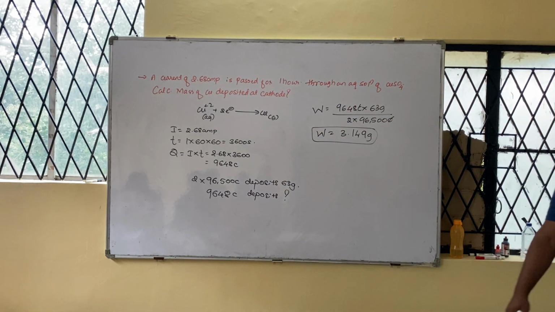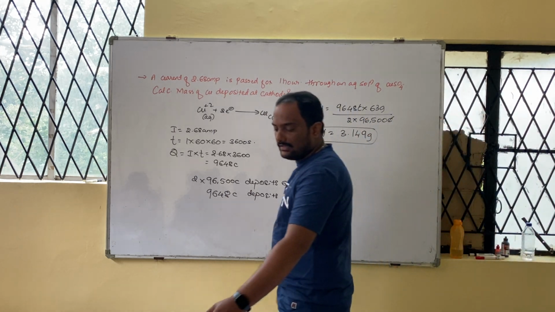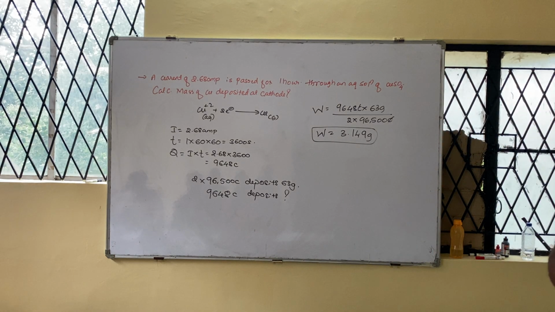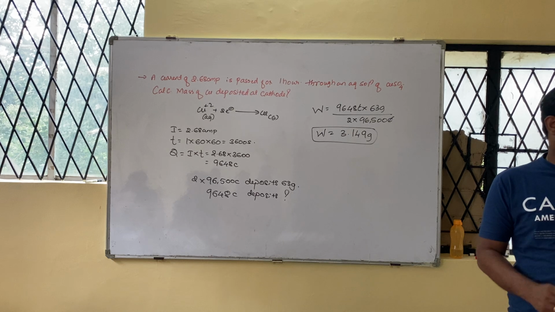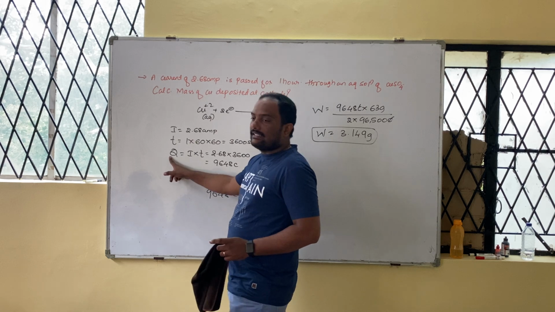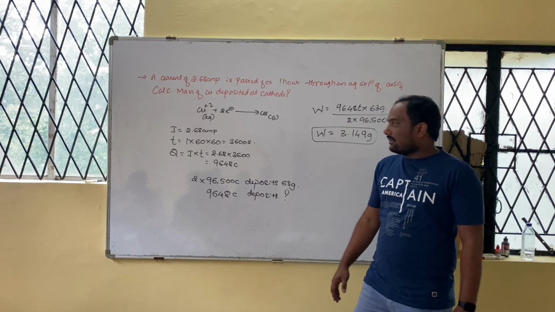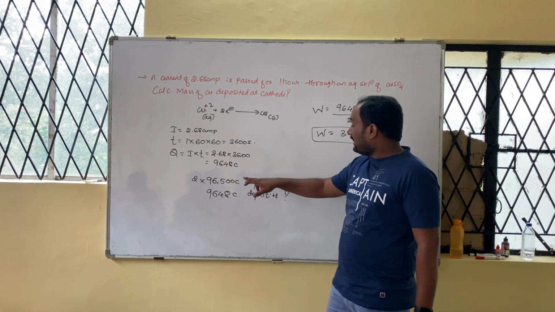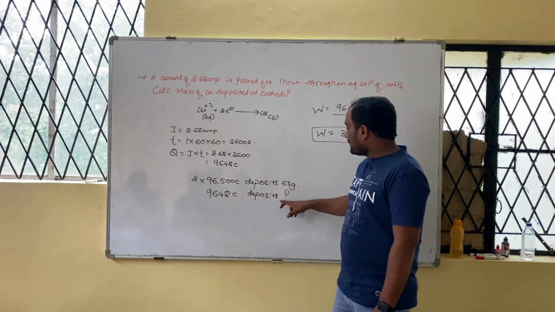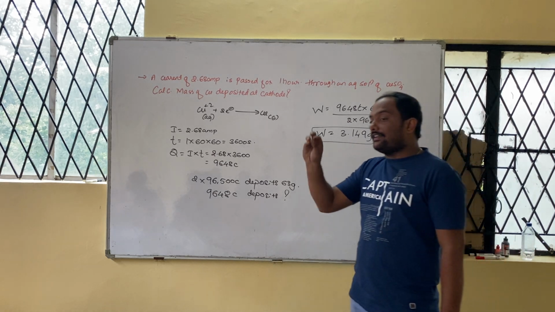All of you got the same? Any doubts and difficulties with Faraday's which law? First law. Come on, what does it state? Amount of substance deposited or liberated or discharged at any electrode is directly proportional to the quantity of electricity which you are passing through its aqueous solution or electrolytic solution. See here, I am passing 2 into 96,500 coulombs, then it deposits 63 gram. But when I pass 9,648, very less, the amount of substance is also less. Correct? It means that it depends on the quantity of electricity which you are passing.